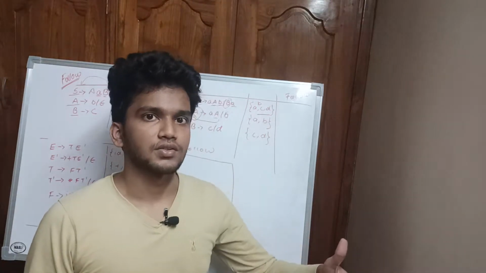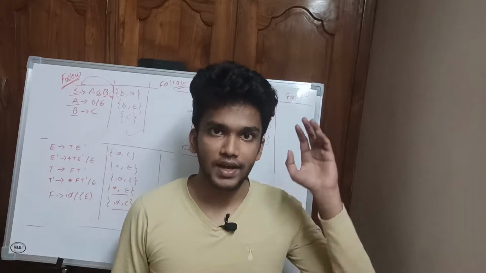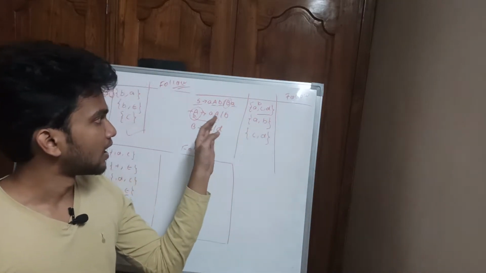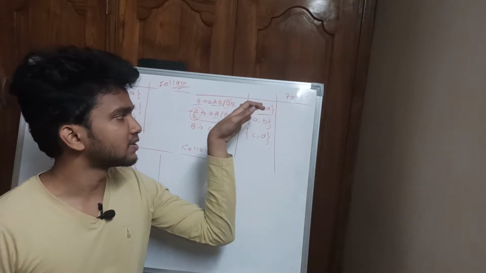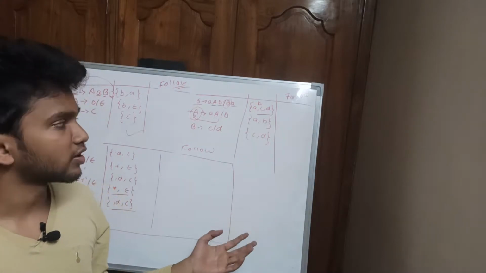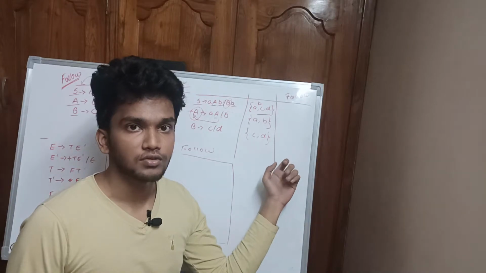So hello there, this is Srivasa Gavarsetti, and I want to say that in the previous video, where we discussed all these examples, I missed one production, and the symbol B should be included with ACD. We have solved this example, and I have taken this example again to explain where I made that mistake, and we will calculate follow for the following production rules.